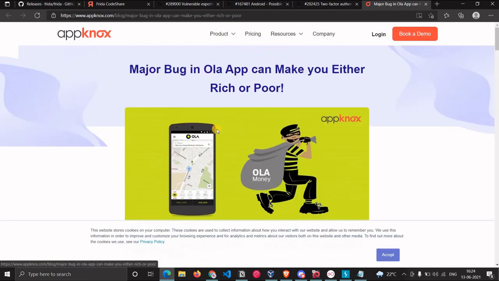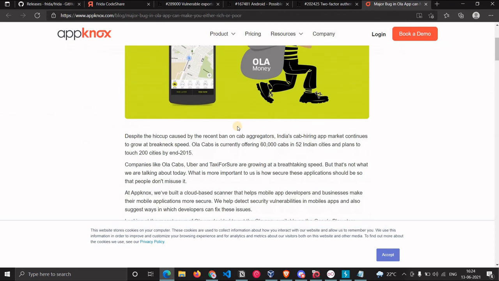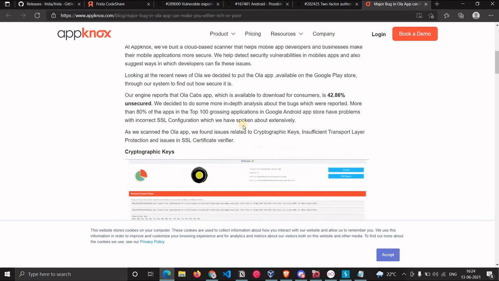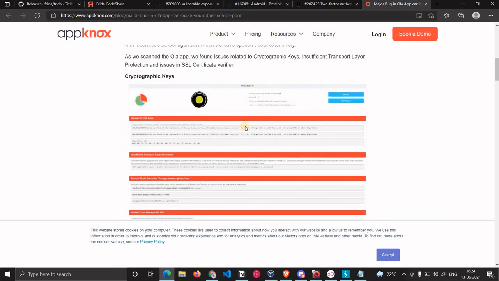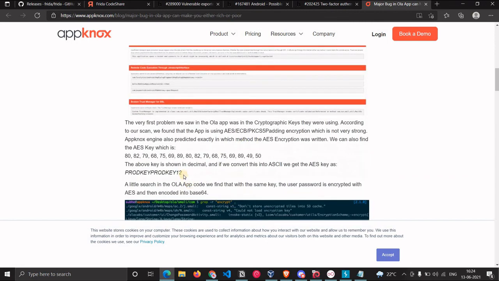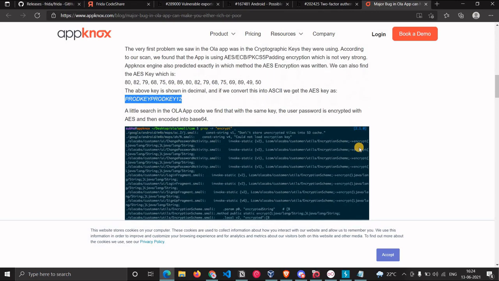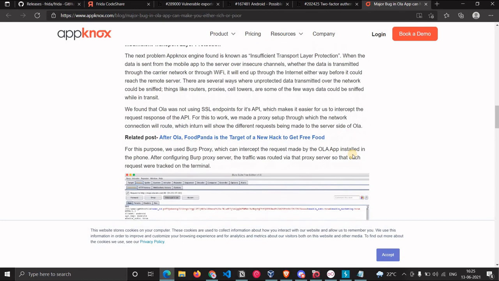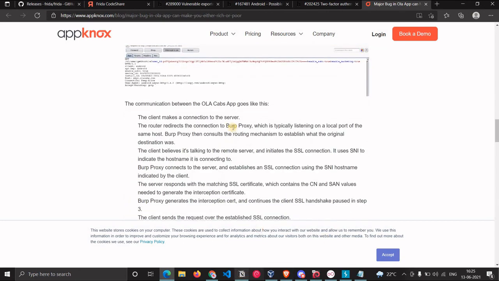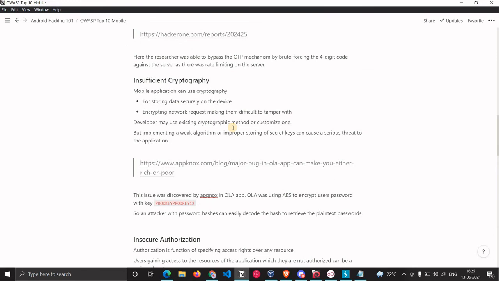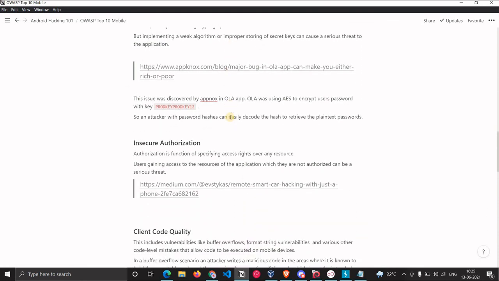So this is the blog. They have found that they're using AES to encrypt the user passwords, and this is the key, which is hard coded in the application. So they can just decrypt the user password hashes. So while using cryptography also, the developer has to take care of how they are using it.